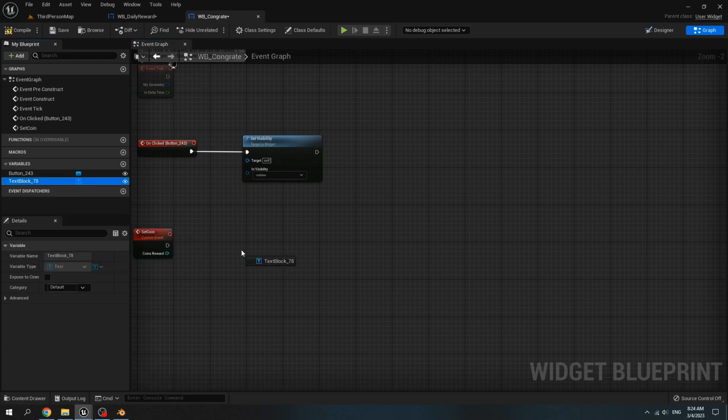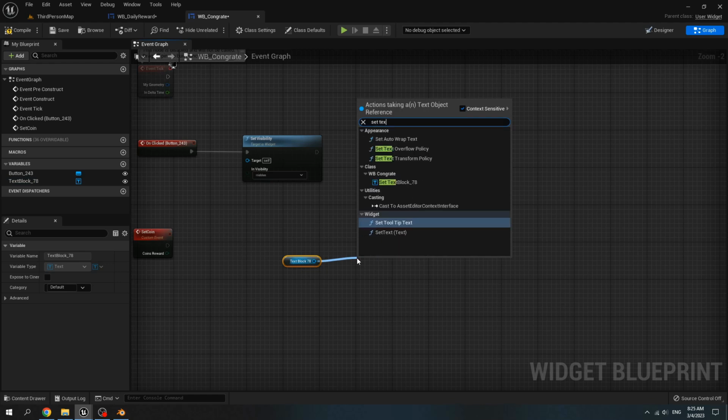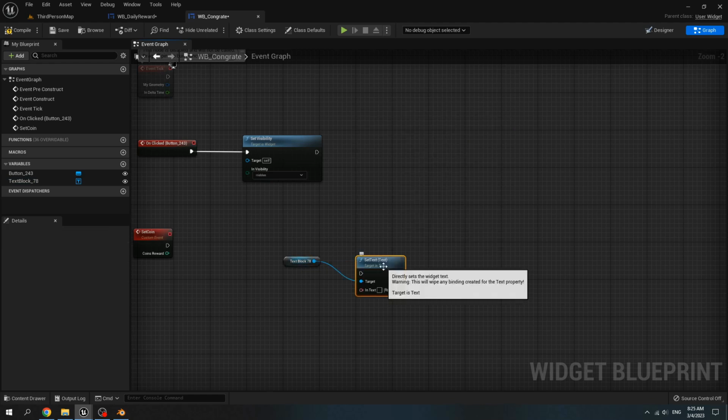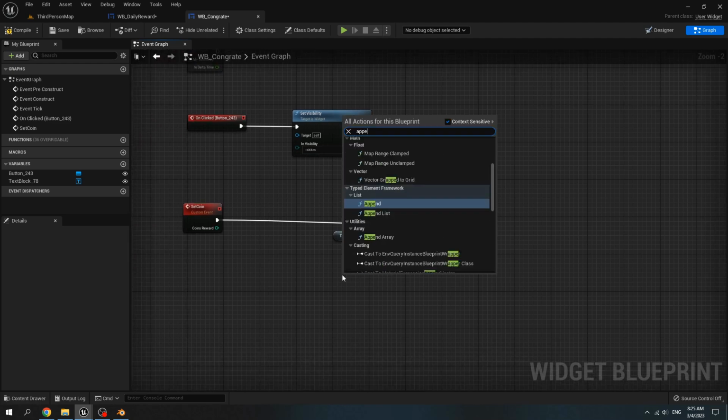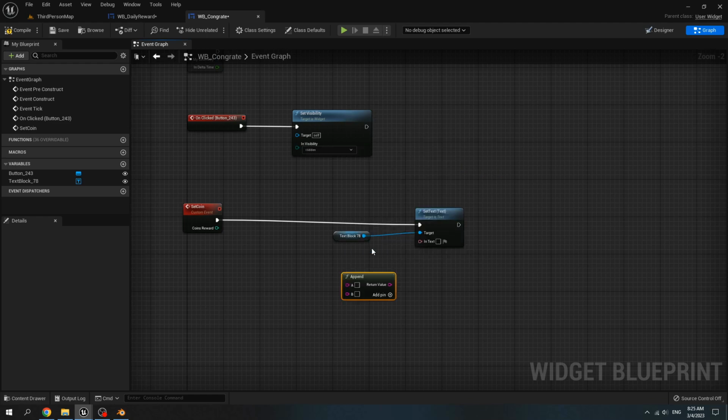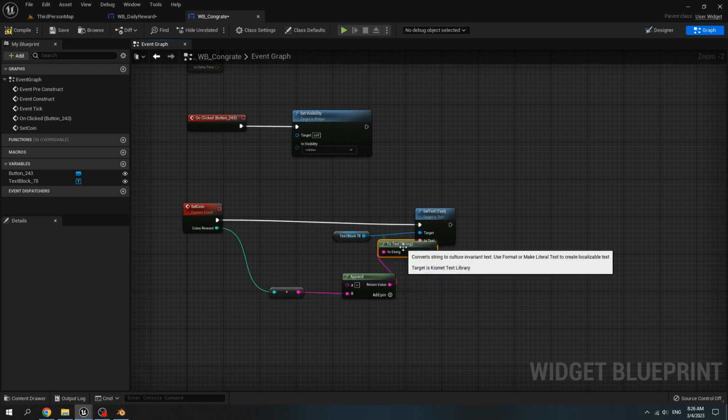And then get our text block. Set text. Call append for string. In A string, use add symbol and connect the coin reward to the B string. Connect the return value to the text.